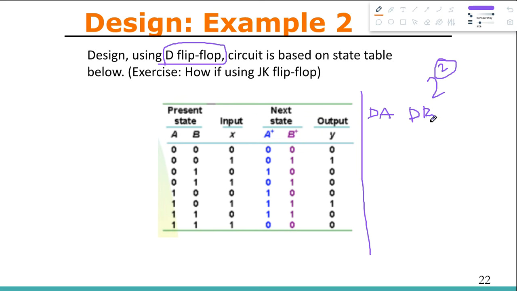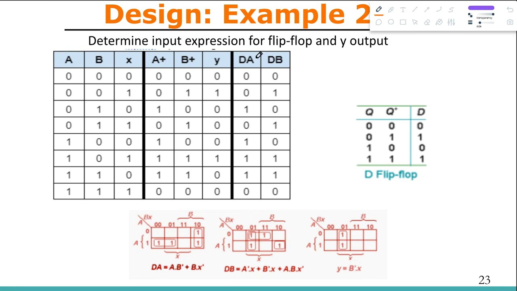Okay, so we'll insert 2 new columns, DA and DB, alongside this table, and then we will fill up DA and DB based upon the excitation table of D flip-flop. Okay, so this is the excitation table for D flip-flop. So let's consider the first row here. When we calculate DA, we'll only take into consideration A plus and A, not anything related to B. And when we calculate DB, we'll only consider everything related to B, not anything related to A. Okay, so for DA,